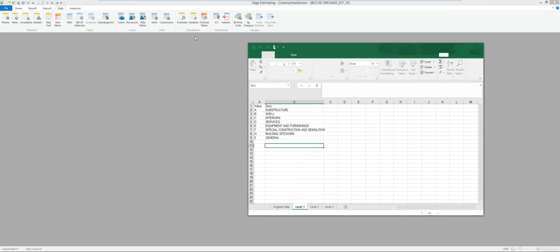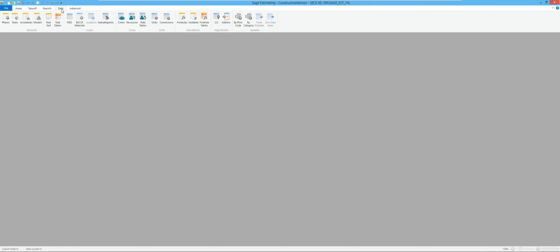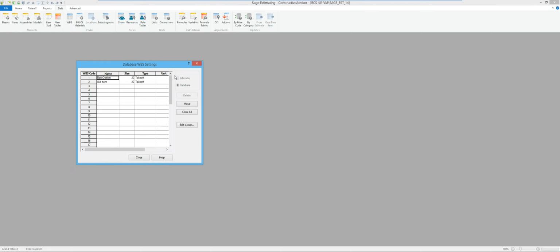As we get started, I'm going up to my data for my database. I'm in the Sage Estimating SQL version, and I'm going to take a look at WBS. I'm not defining an estimate at this moment, I'm just doing the database. WBS stands for Work Breakdown Structure, and you've got 40 different ones that you can define.